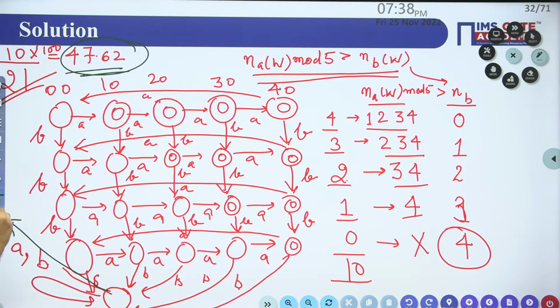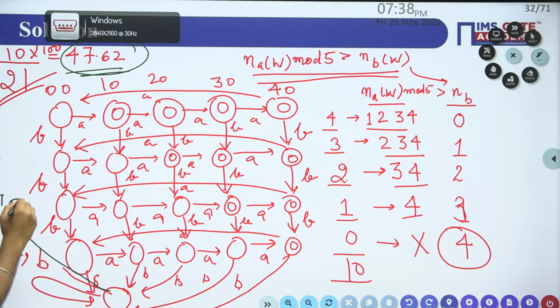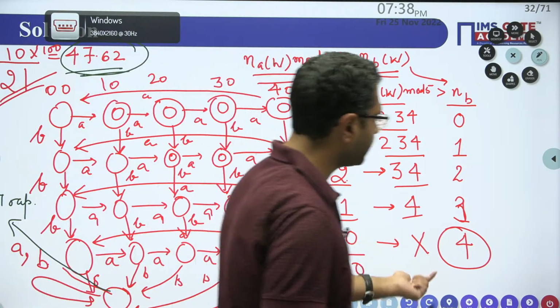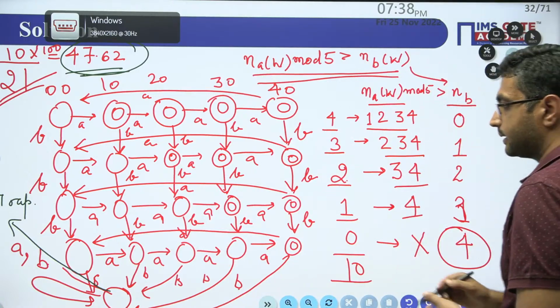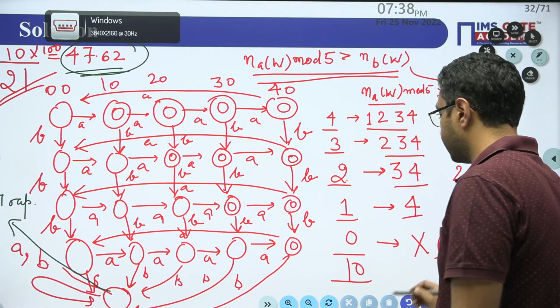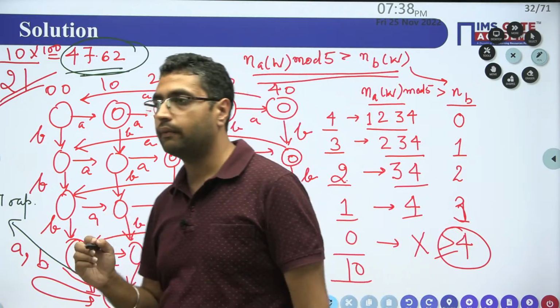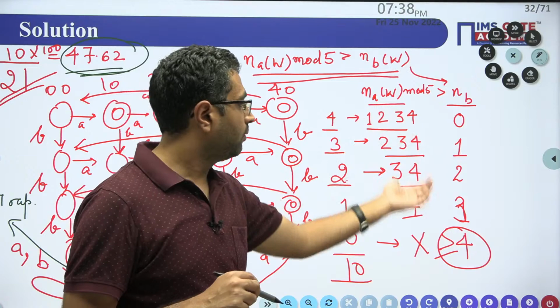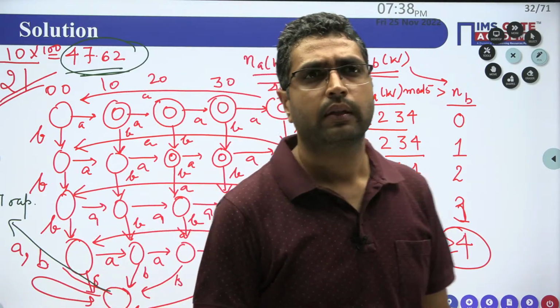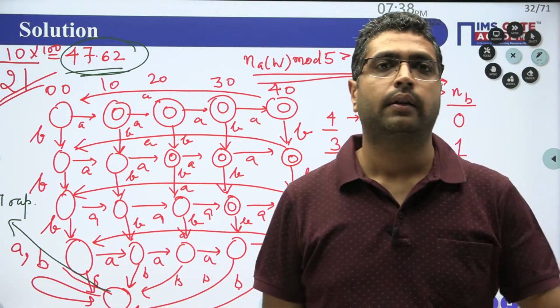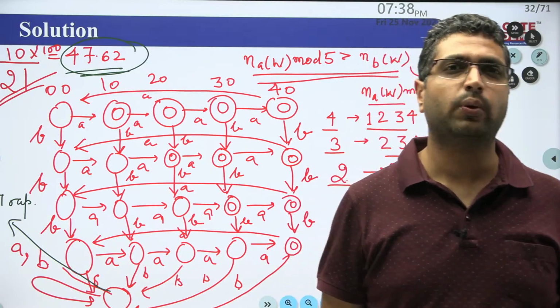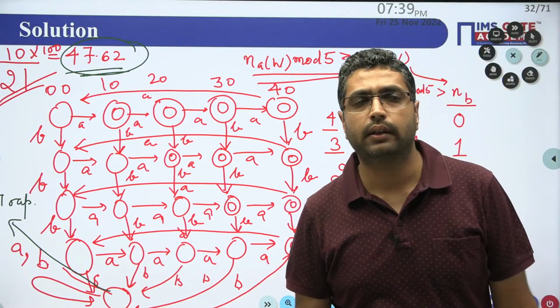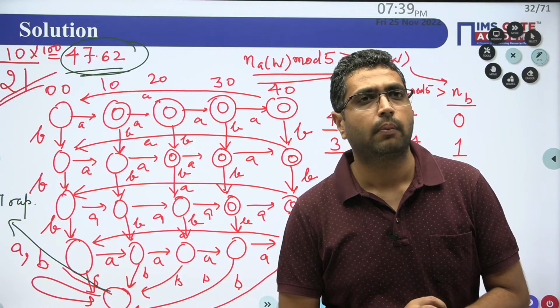This is not final. This is a trap state. Because now number of b's are greater than or equal to 4. In this state, number of b's are going to be greater than or equal to 4. You cannot have Na mod 5 greater than 4. Right? Okay. So you took it as final state, therefore you got the wrong answer, but otherwise your approach